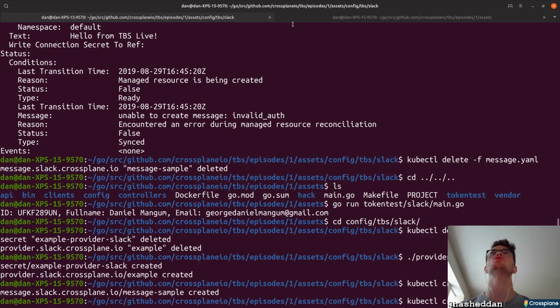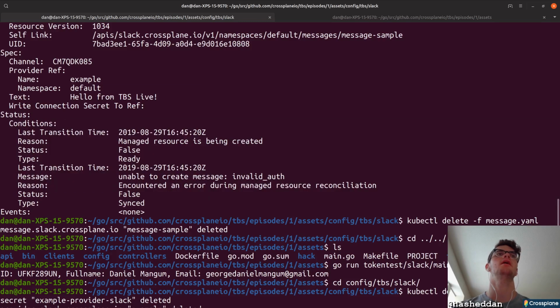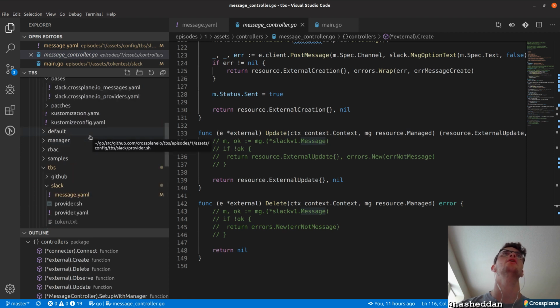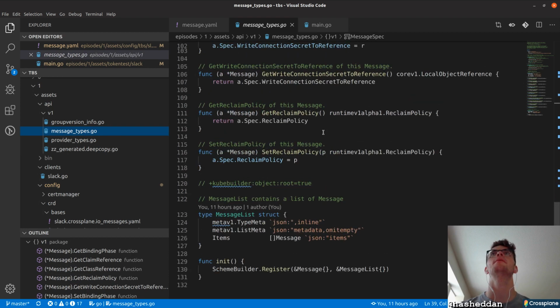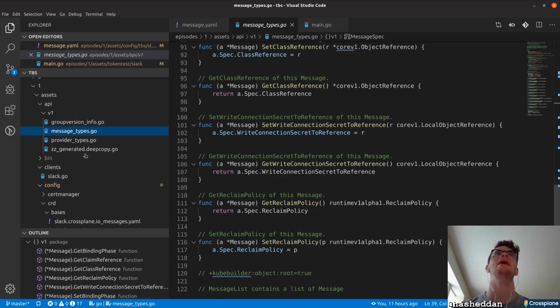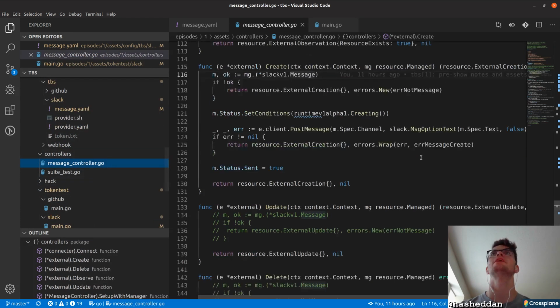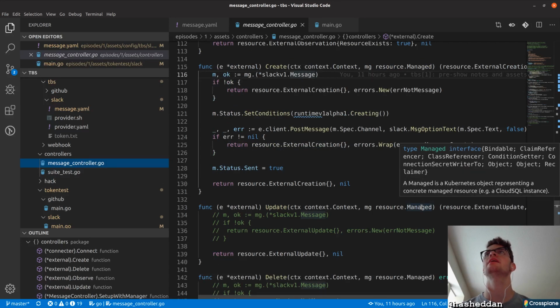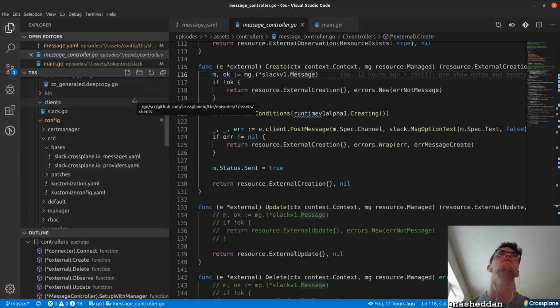But I think it's really important to illustrate this ability, which we have because we embedded the resource status into our message here. So we can look at that again. And we're adhering to this managed resource interface, which is the kind that's actually passed into our controller here. So if we look back at our controller, we're taking this resource.managed interface, which we can't really see here because of the way we do it in Crossplane-Runtime, but it basically has these methods that are defined as sub-interfaces of the managed interface. And if we look back at the message type,